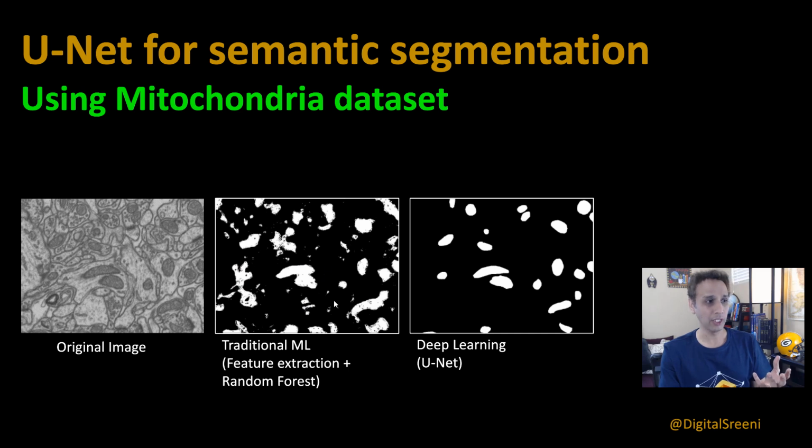Here is something I have done using the code I already used in many of my previous videos, where we extracted the features using VGG16 or otherwise, like using Gabor filters, but then used random forest and segmented each pixel, or performed semantic segmentation, right? And the results are not ideal, as you can see. I did exactly the same with UNet, which we'll do, of course, in this video, and you can see how much better the results are in detecting mitochondria in these